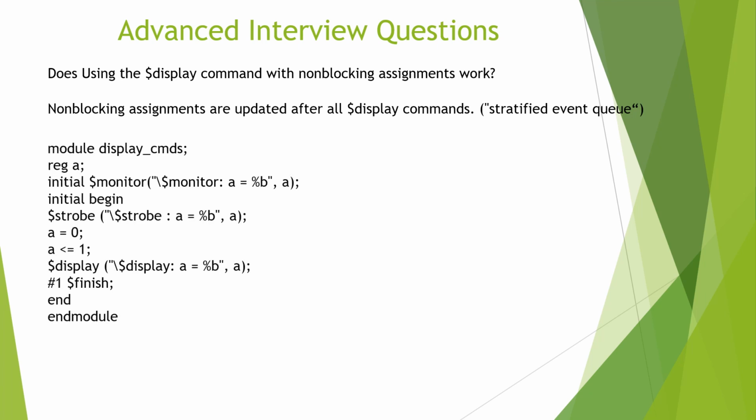If you look at the sample code here, we have one blocking statement, a is equal to 0, followed by a non-blocking statement of a is equal to 1. And when we simulate this code with the $display after the non-blocking statement,